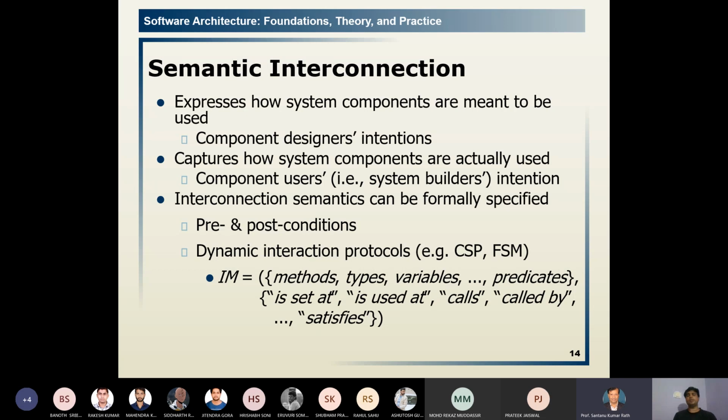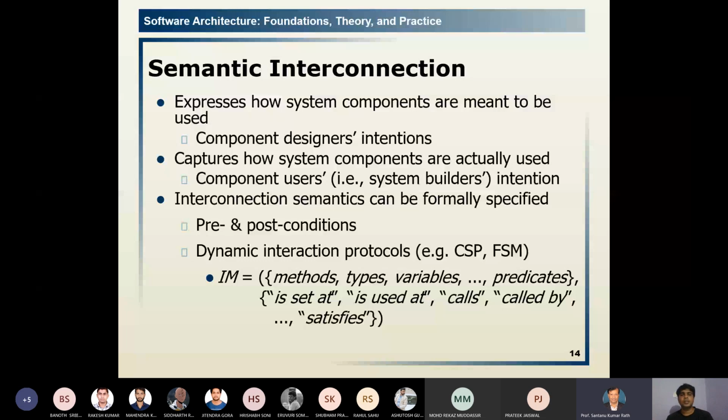And the dynamic interaction protocols, just like a finite state machine, FSM, and the client server protocol, CSP. So these are some dynamic interaction protocols. They use it according to their requirement. One will send the request and the opponent will send the response. And also the finite state machine, FSM,